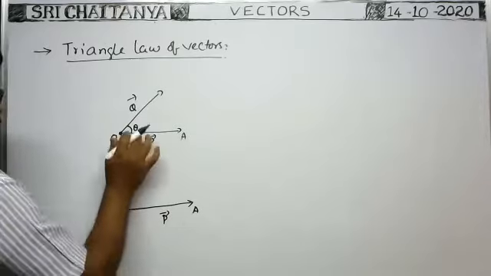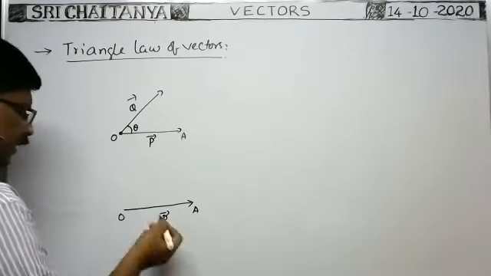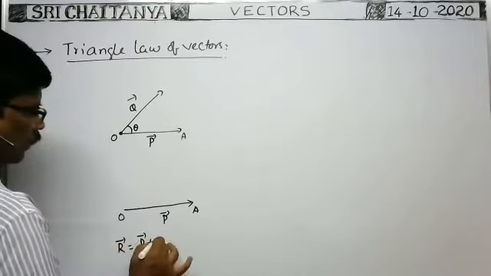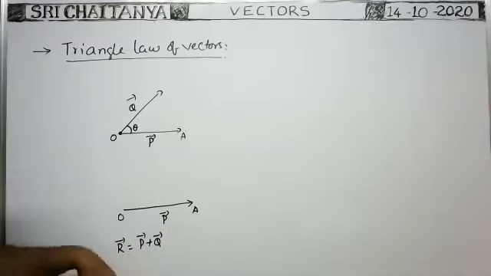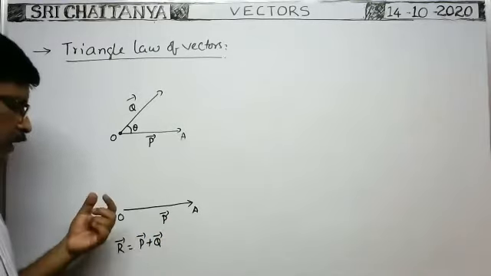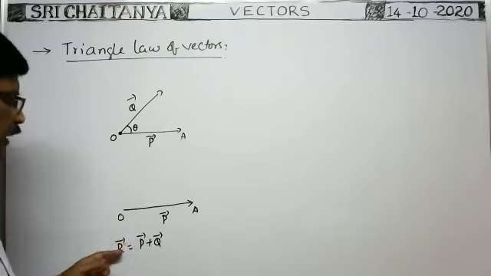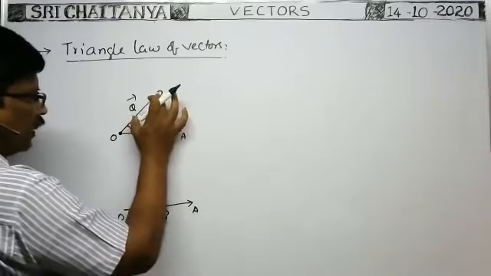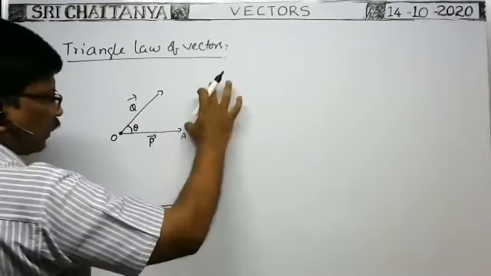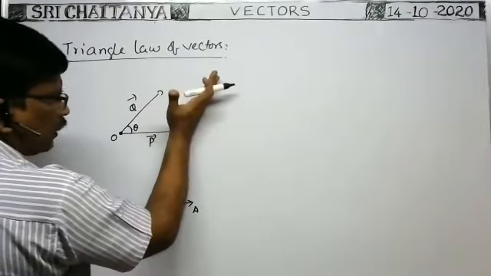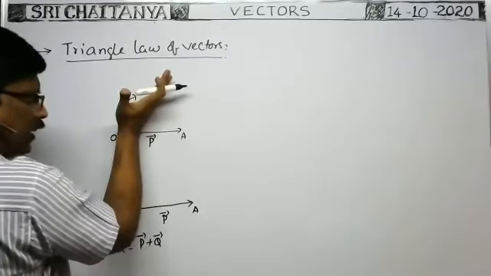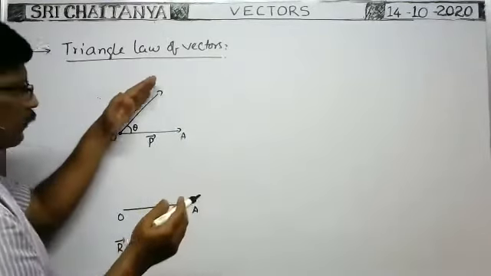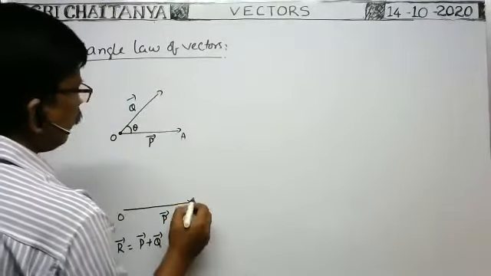Actually, the resultant of any number of vectors, R bar, is equal to the vector sum of the given vectors. So this is the resultant of two vectors. If any other vector is also there, then the vector sum of all the vectors gives the resultant of all the vectors. Now, you take this q bar vector at this position. You slide the q bar vector without changing its direction, parallel to itself, up to this point A, and then you will get that vector like this.